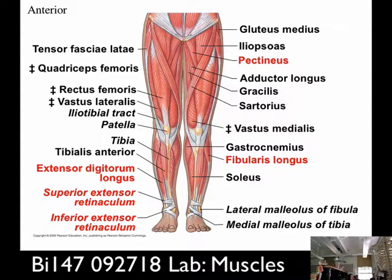That's your shin bone. That's your gastrocnemius. That's the other head of the gastrocnemius. Yeah, there are two heads. That's your calf muscle. If you remove the gastrocnemius, you'll see...